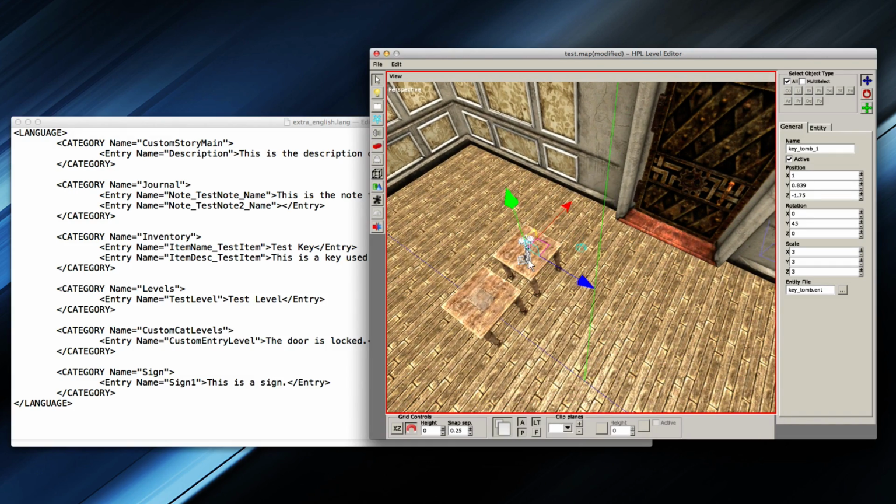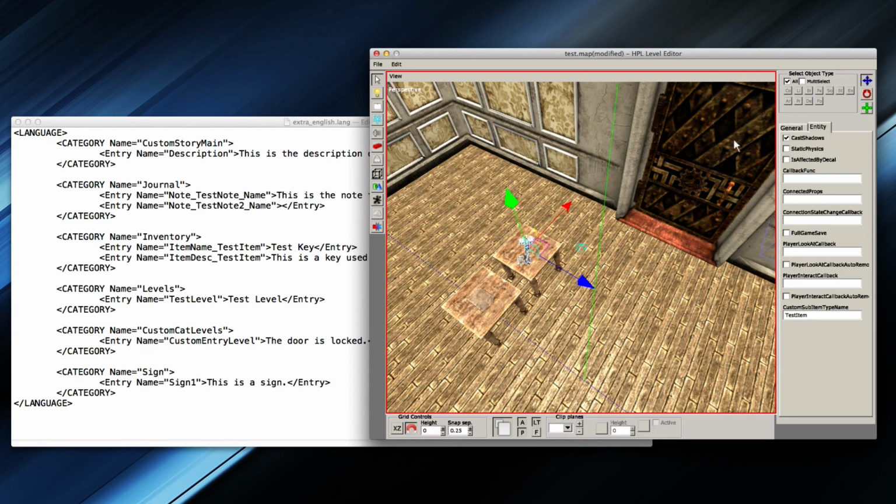So first of all, I'm going to add the memento when you pick up the key. That's just so I don't have to actually make any other collision check or anything like that. I'm just going to do it when you pick it up, as simple as that. So I'm just going to go on callback function. It says type can be on pickup, break, or on ignite. So that's basically the type. So this callback is called whenever you pick it up. So that is suitable for what I'm going to do here.